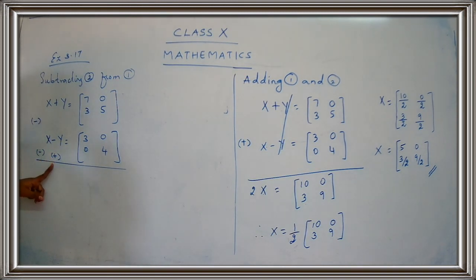Why are we changing here? Because we are going to do the subtraction. And whenever you do subtraction, remember to change the sign of the second part. If you do not change the sign, everything goes wrong. So be careful. You have to change the sign. So now this is plus x. The plus x will turn to minus x. Minus y will change to plus y.